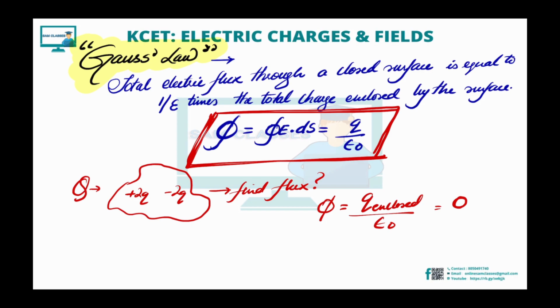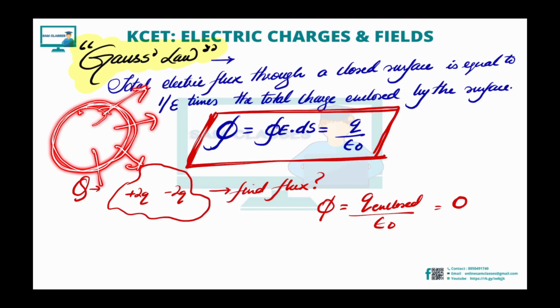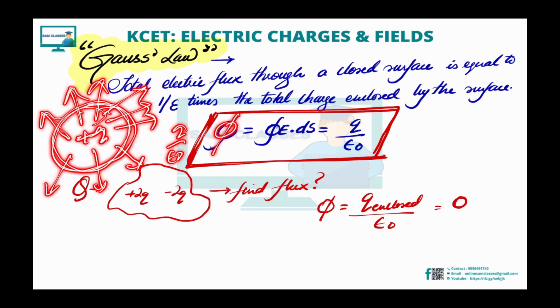Next is Gauss law. Gauss said a very simple and very good thing. What he said is about the total flux through any closed surface. Let's say one closed surface is there. You want to know what the flux is, the number of field lines coming out of it. The number of field lines coming out of this closed surface is nothing but the charge enclosed divided by epsilon naught.